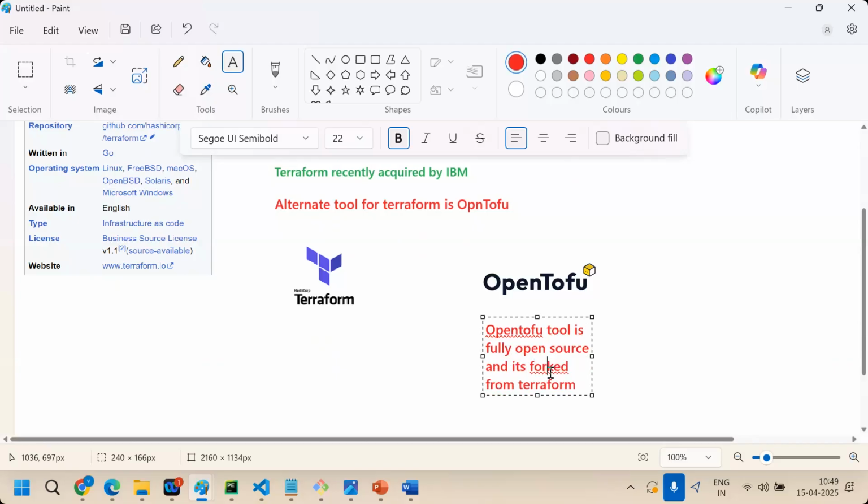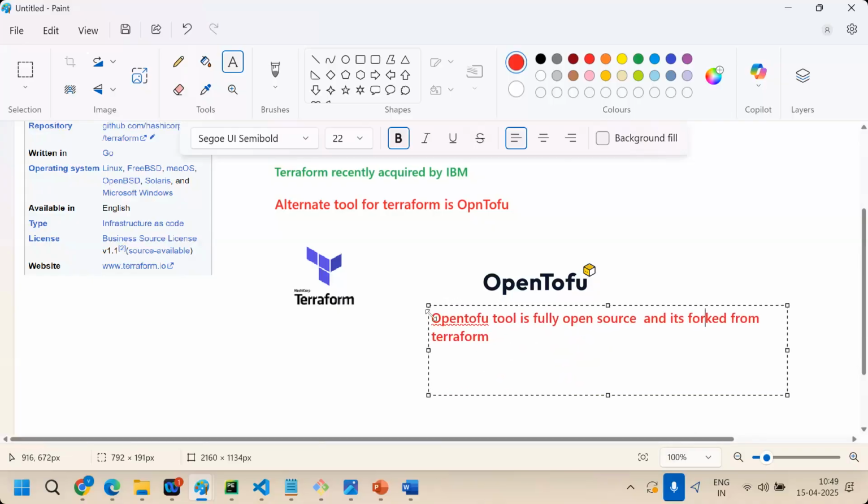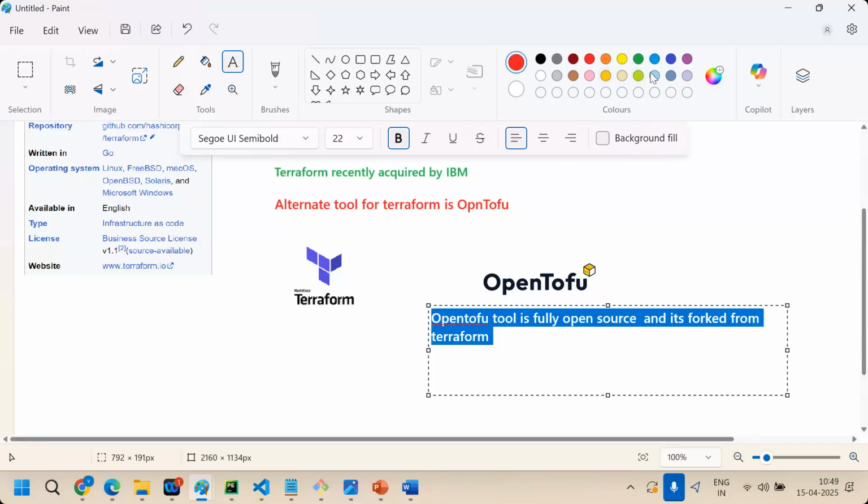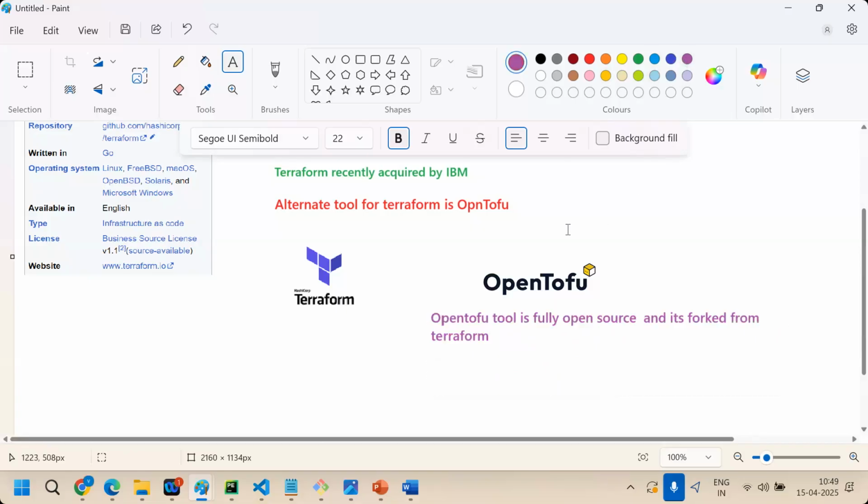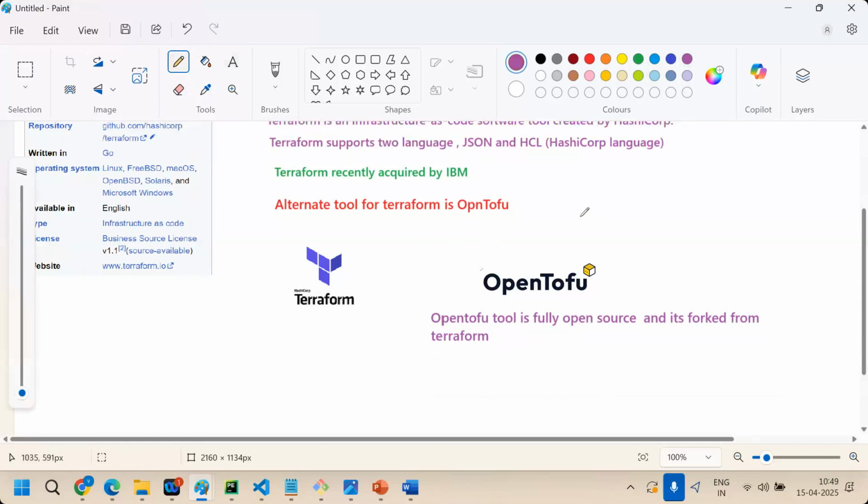It's the same concept as Terraform, with just a few commands different. Any existing Terraform code you developed can be converted into OpenTofu also. Just the commands are the difference. We'll see on the last day that the process is 99% the same in both, only 1% commands differ.